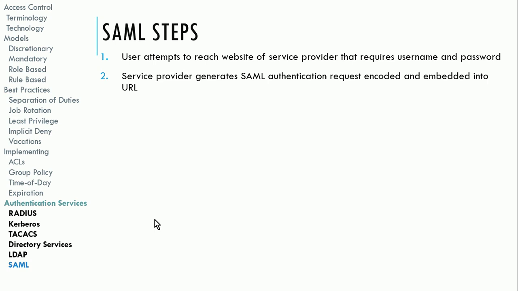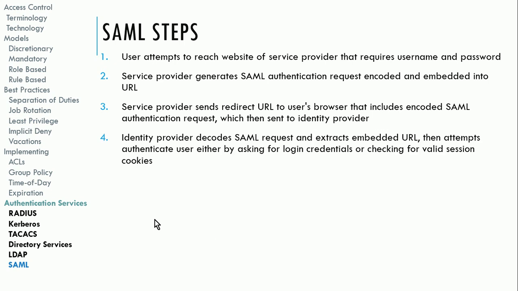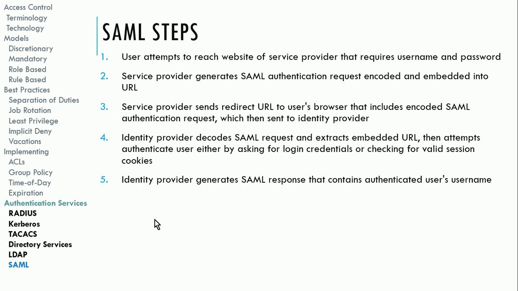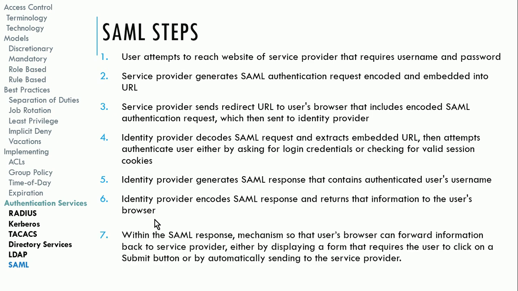So basically, the service provider generates a SAML authentication request, and when you click on the link to authenticate with another provider, it passes the information about the website you're trying to authenticate to over to that provider. That provider then checks to see if you're an authenticated user, or you can authenticate at that point to something like Google or Facebook or Yahoo, or even LinkedIn or some other service. Then the identity provider decodes the SAML request. They extract the URL for the site that you're trying to access. They authenticate you, and then they send back a response that contains your authenticated username,